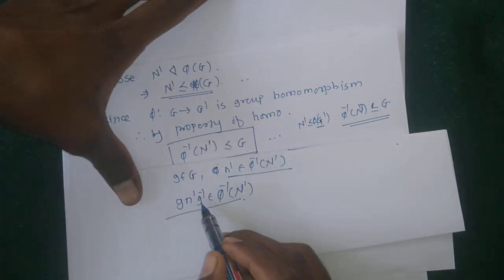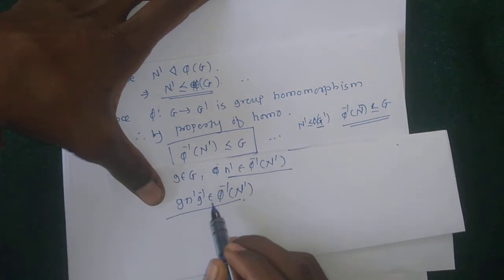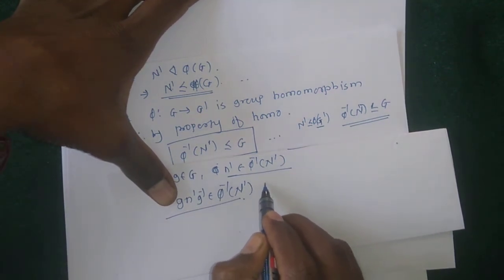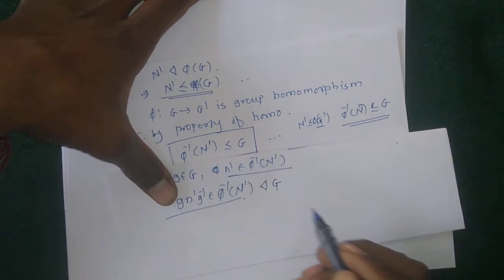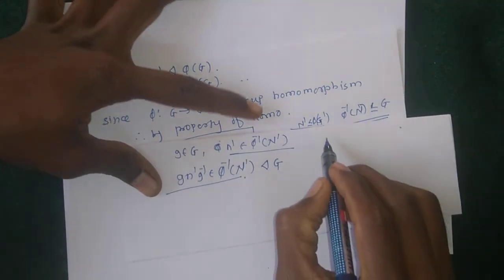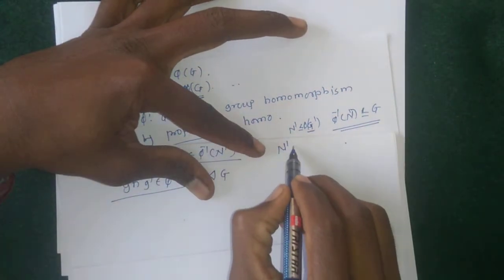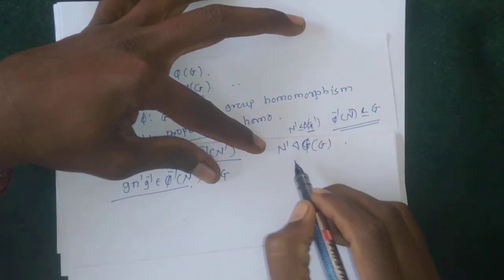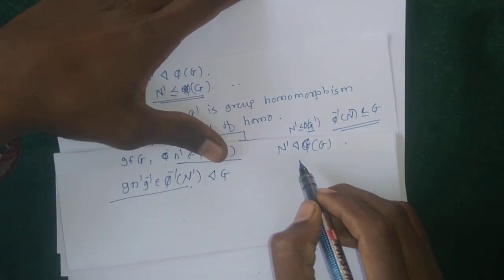If g n' g⁻¹ belongs to φ⁻¹(N'), then φ⁻¹(N') is a normal subgroup of G. So how to prove this theorem? Here N' is a normal subgroup of G, N' is a normal subgroup of φ(G), which implies that